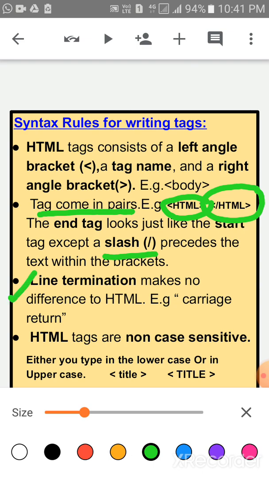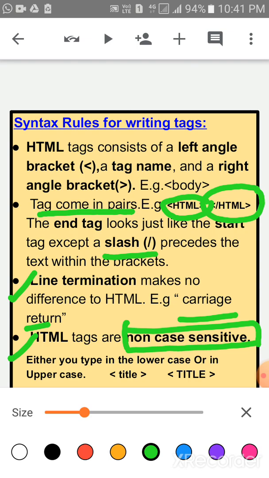Next is line termination. Children, line termination makes no difference to HTML. Example, carriage return. Next is HTML tags are non-case sensitive. Children, HTML tag is non-case sensitive.